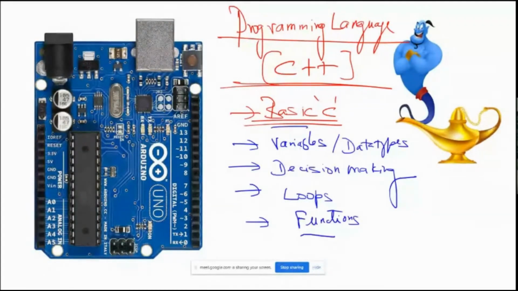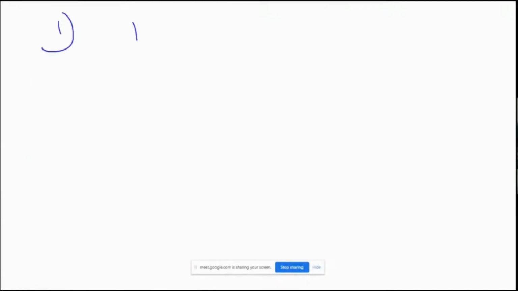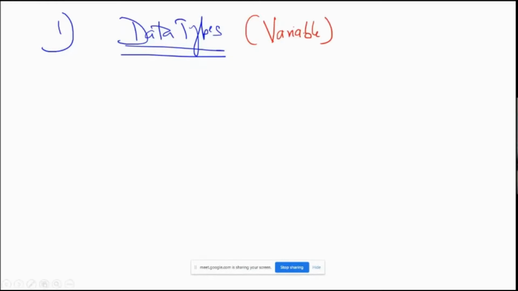The first one is, of course, the general concept. Okay, so let us see this one by one and see how we are going to apply this for an Arduino program. Number one, data types. You know what a variable is, isn't it? A variable is the name that you associate with an information in order for the genie to remember. Depending upon the type of information, we have the following data types.